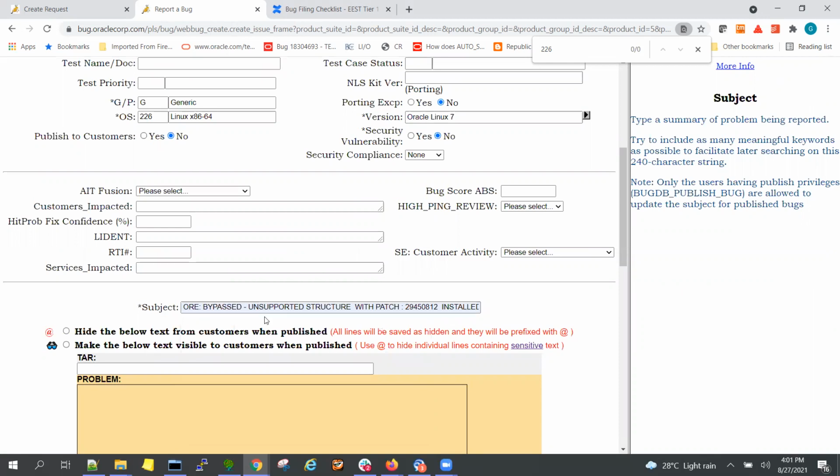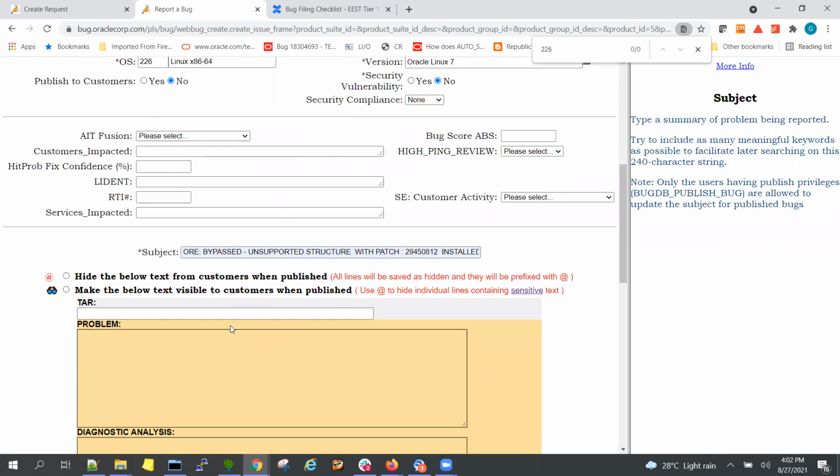So just give a proper term where development can understand what the issue is in a single line, whether it's a query performance issue, contention, concurrency issues after an upgrade, or after installing a bundle patch or DBP issue. Just bring all those points in the header. So just decide it based on your problem, issue, customer issue.